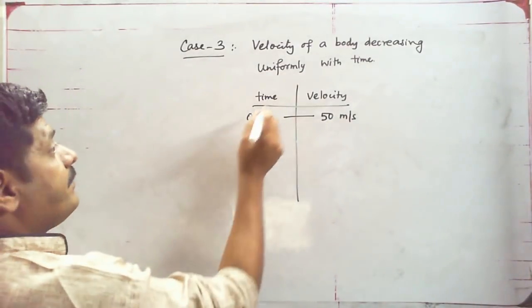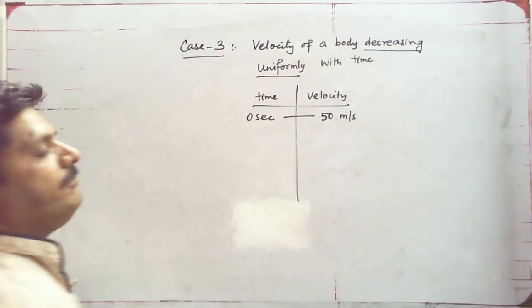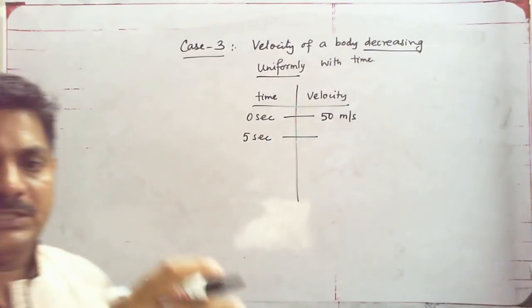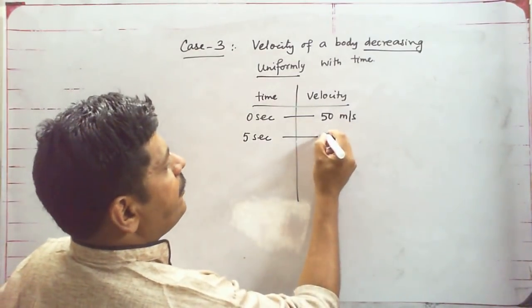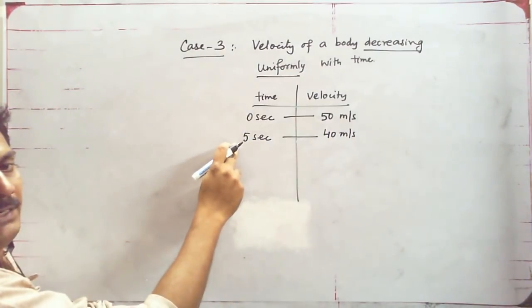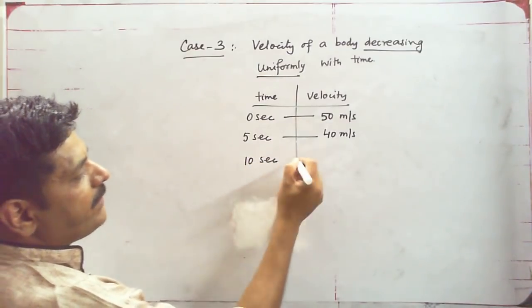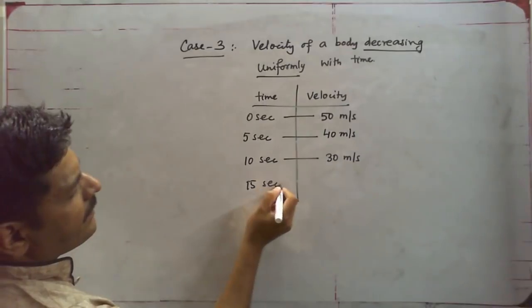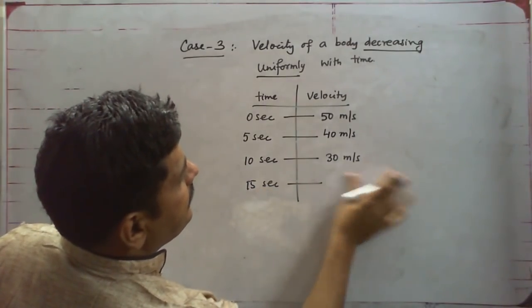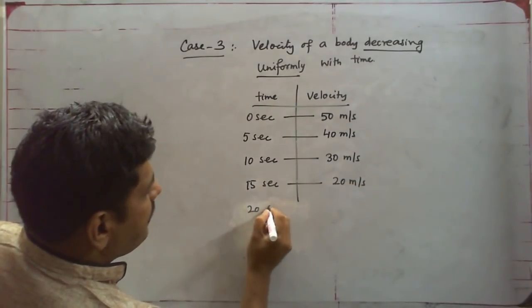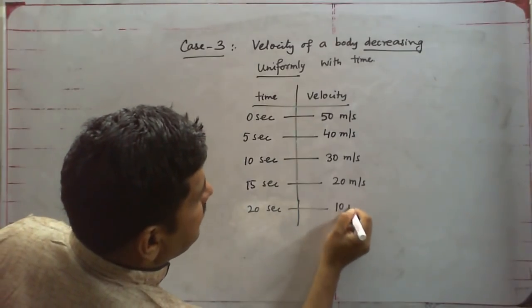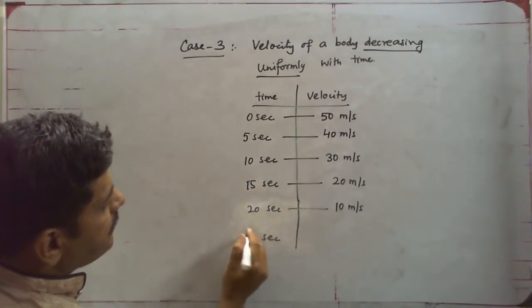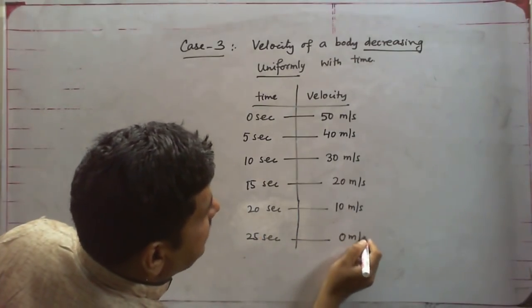per second. Now, because the body has got a decreasing velocity uniformly, let us take 5 seconds. If it is uniform, then the velocity will also decrease uniformly. So from 50, let us say we made it 40 meter per second in a gap of 5 seconds. In the next 5 seconds, that is at 10 seconds, how much should the velocity be? 50, 40, so it is 30 meter per second. Then in the next 5 seconds it will be, sorry, 20 meter per second. At 20 seconds it will come to 10 meter per second, and at 25 seconds, this body would come to rest.